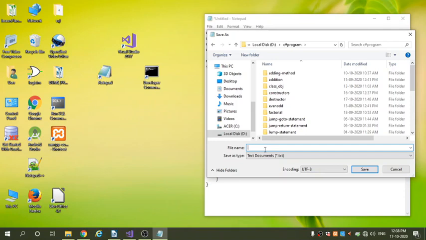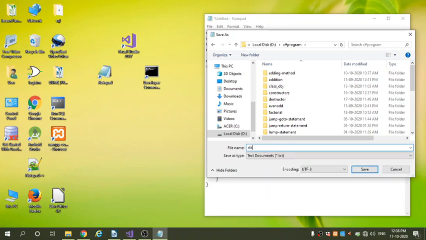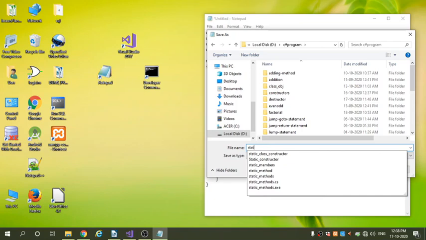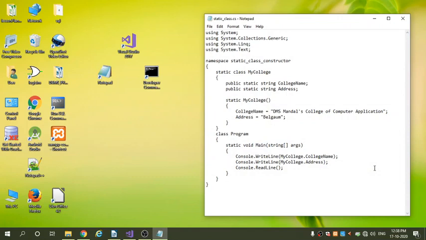Give the file name, I give here staticclass.cs, and don't forget this extension .cs for the C# file, and click on Save. The file is saved now.